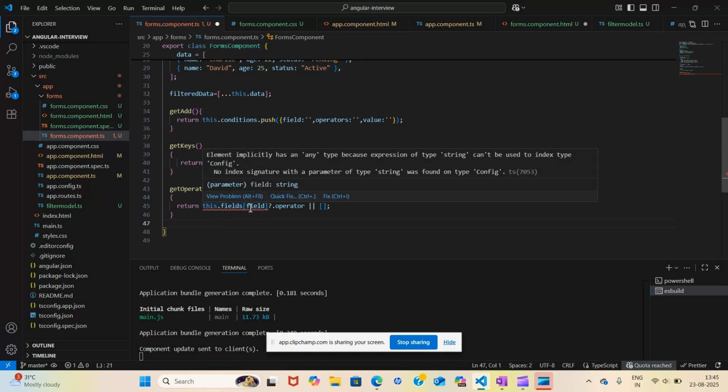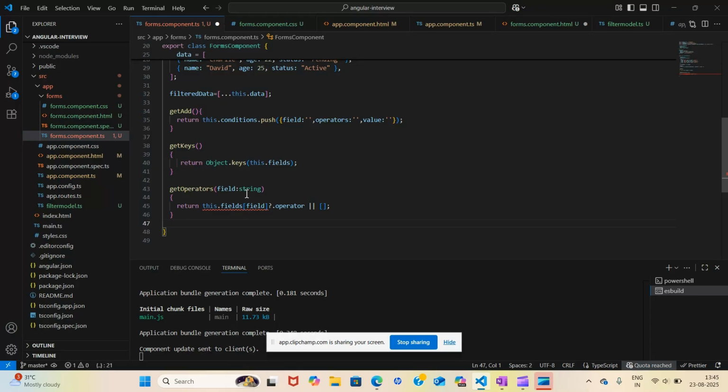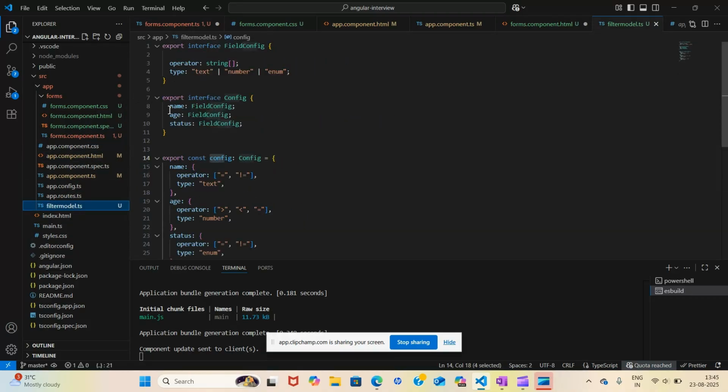Okay, the error is that it implicitly has an any type, right? So this error is simply because this field is of type string, and TypeScript is saying that whatever string you give, how can I consider it as my key? My key can only be these three, right? So it is also right.